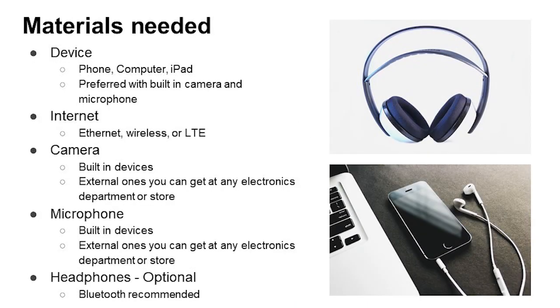Lastly, you can use headphones. This is optional. Using headphones will allow you to hear your students better, but I strongly advise you to use wireless headphones that have Bluetooth connection so you do not get tangled in your cords or limit movement during your lesson. Before getting any additional materials, make sure that your device is compatible. Check to see if your device allows Bluetooth connection before getting wireless headphones. Again, all of these materials are selected according to your preference. If you need assistance or have further questions, there will be resources listed at the end of the video.